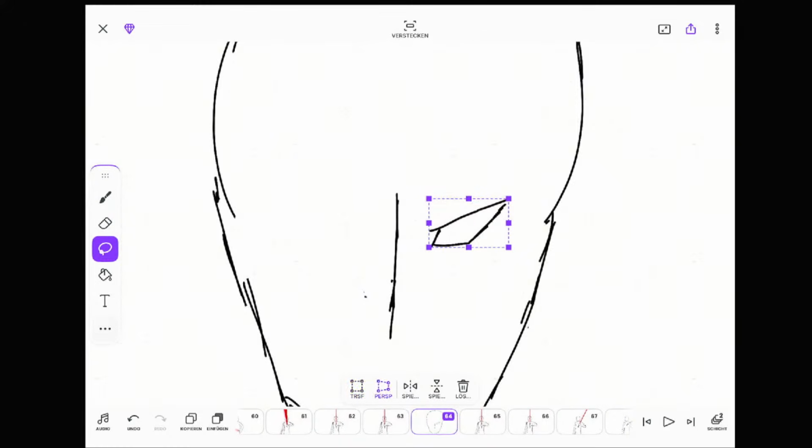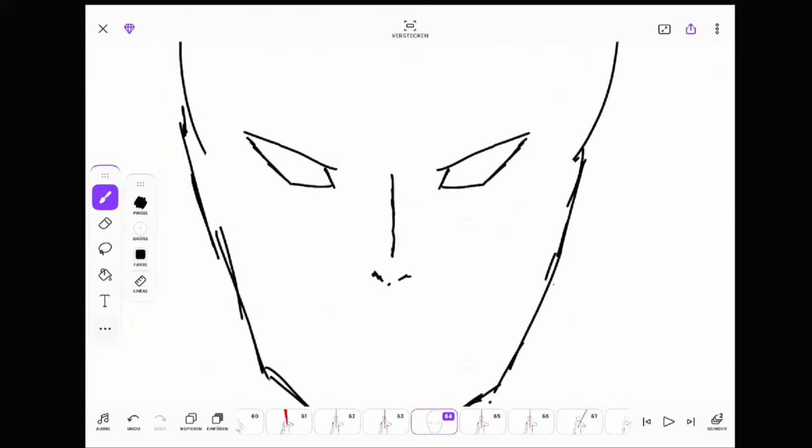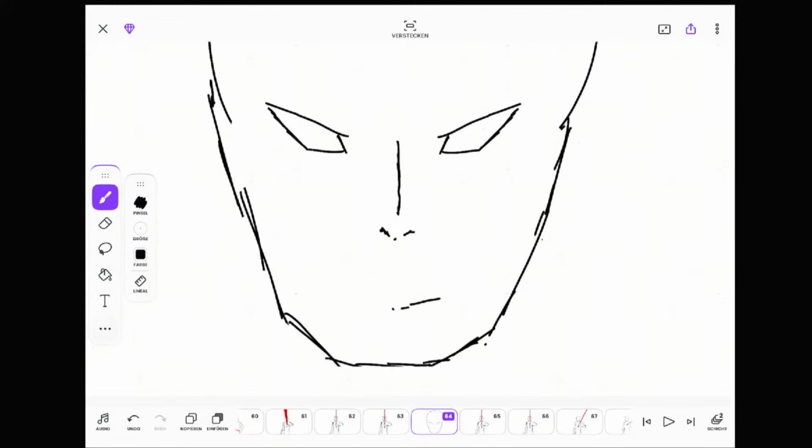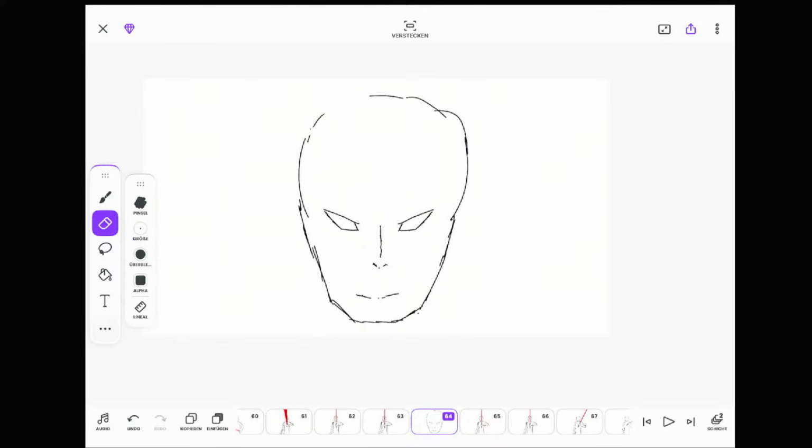I will just copy this one. Faster. Nose. Looks a little bit off. Like this.